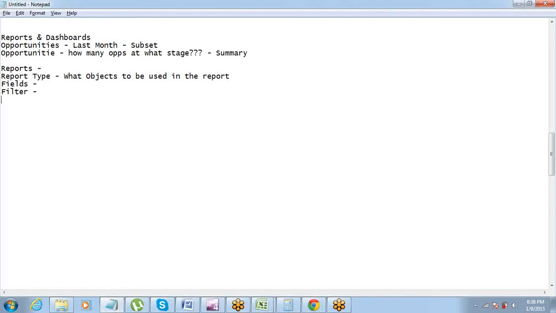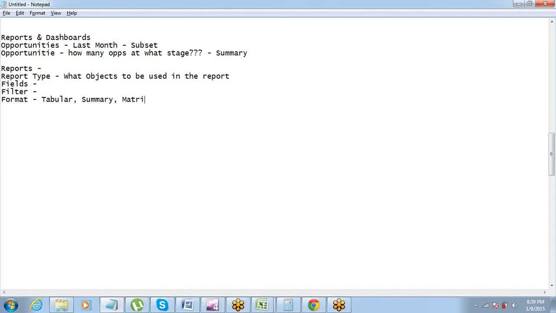Okay. Then there is the format of the report. Salesforce has different report formats. Depending on what kind of output you want for the report, you choose a format. The first option is tabular, which is a normal table kind of report. Then we have a summary report where we summarize the data, as I told you that sometimes a report is a summary of some data. A summary report allows you to group the data based on some criteria.